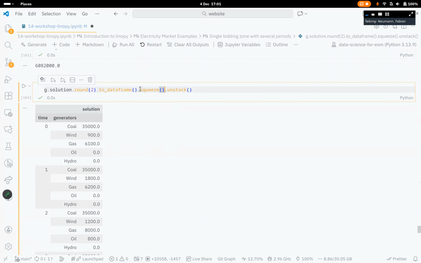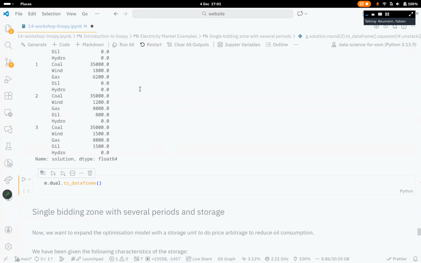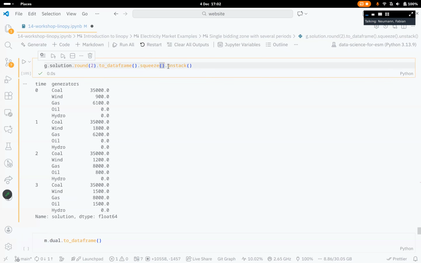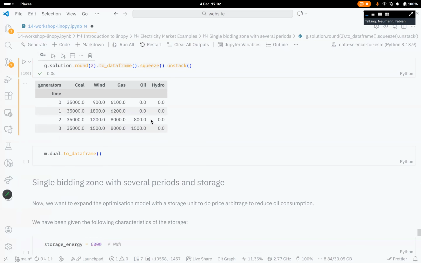Squeeze it, so we turn it into a pandas series, because squeeze basically means we have a data frame with only one column, so it could just as well be represented as a pandas series. And then we can use the unstack to disentangle the multi-index so that we get a nice data frame where we have time as one index and generators as the other index. So you can see how in time step 3, there's maybe high load, low renewables availability, so that the oil